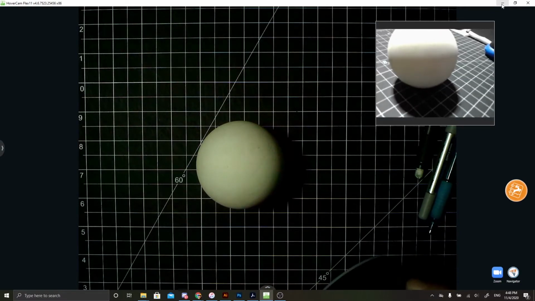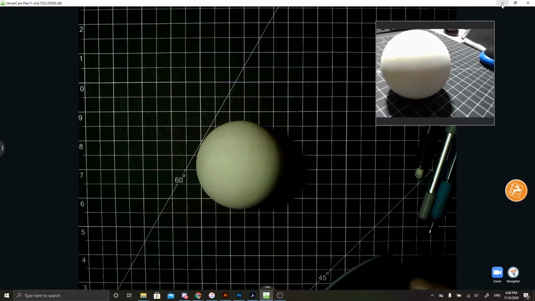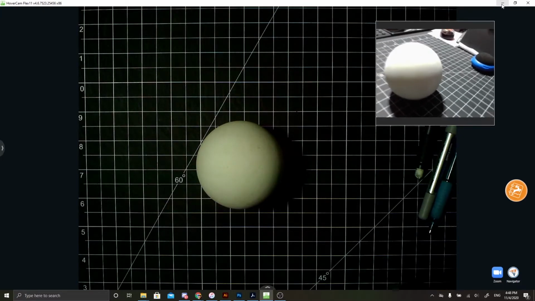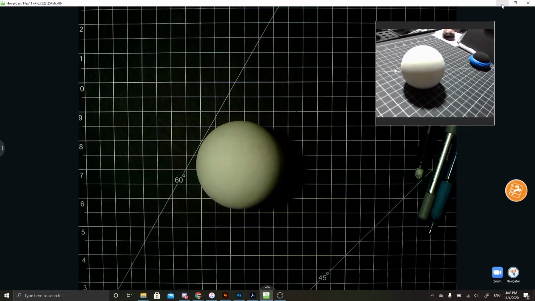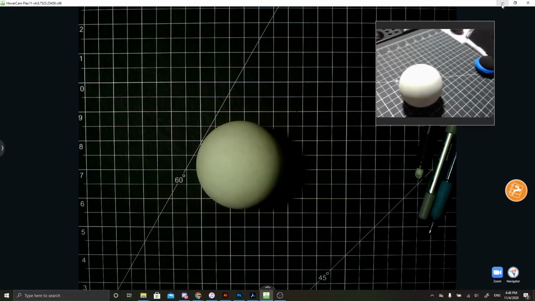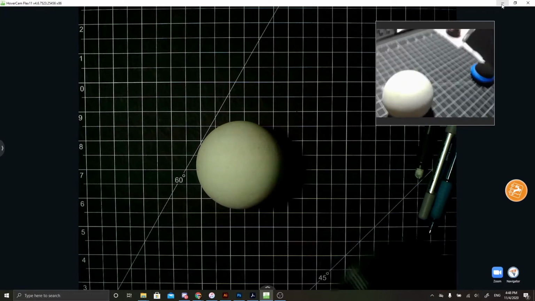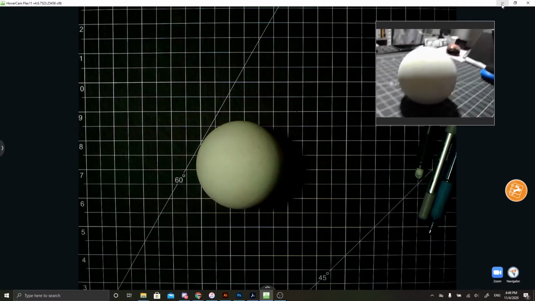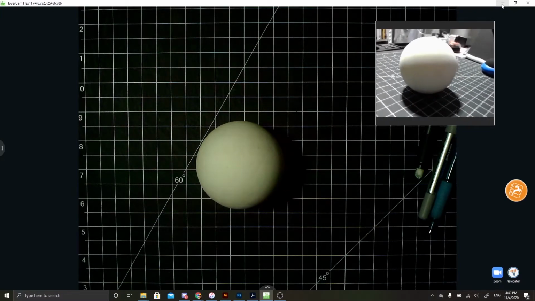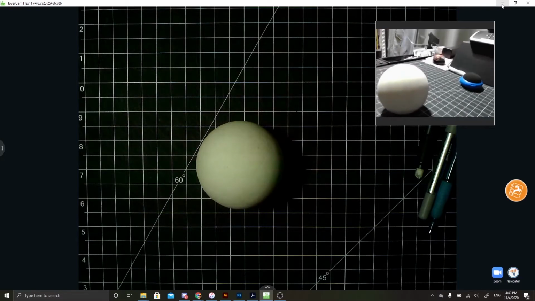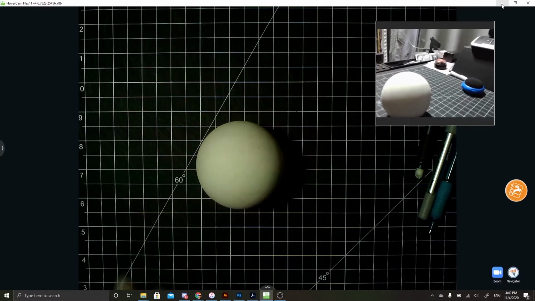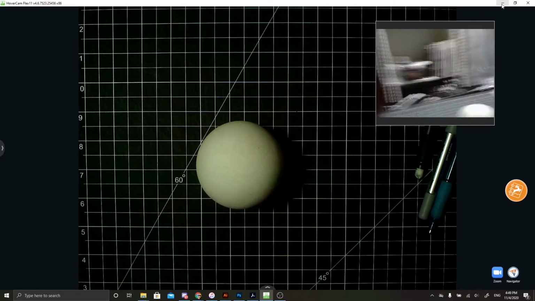Okay, so anything that light can bounce off of, it's going to, and that's going to change those values. So I'm going to pull out just a little bit so you guys can see it. I'm going to come up above so you guys can see that, and then I'm going to come a little bit lower. You can also see what happens to the overall color when you have a black surface and you don't have a lot of light hitting it. So if I come back to this,